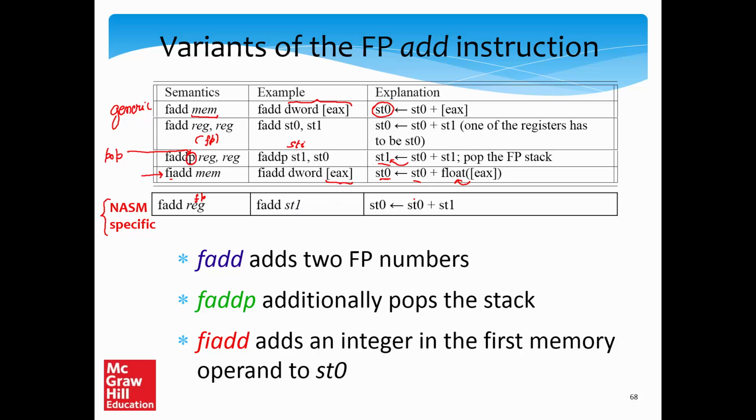So here the default second source is st0, and the default destination is st0. So we could have very well written FADD st0, st4. So the effect that this would have had is st0 is st0 plus st4. So this is very convenient for writing assembly programs, but as I said, this is not a general format